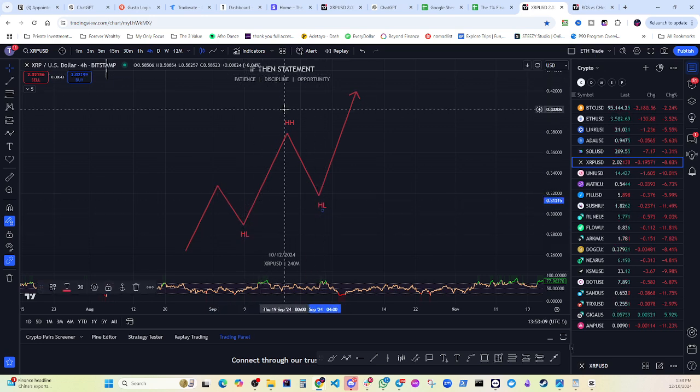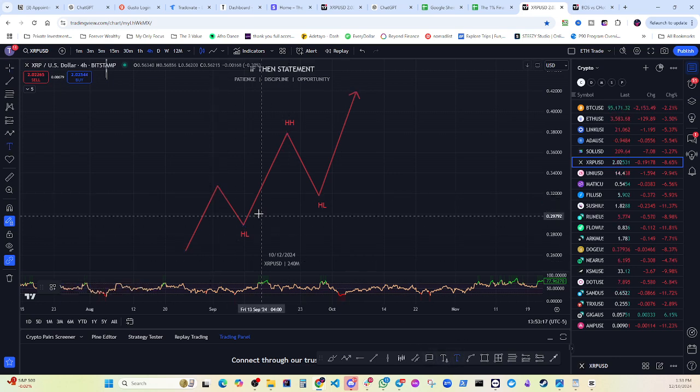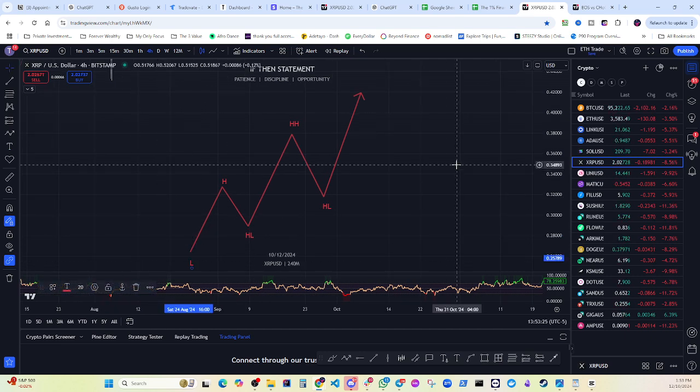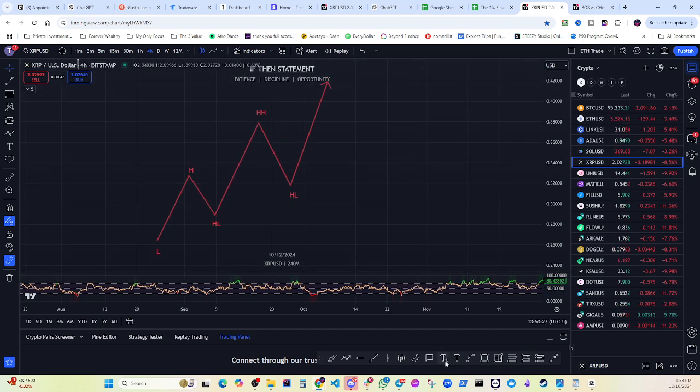This high, sorry, this would not be a higher high because there's no previous high. That would just be a high. And this would just be a low. Okay. Now, an uptrend consists of